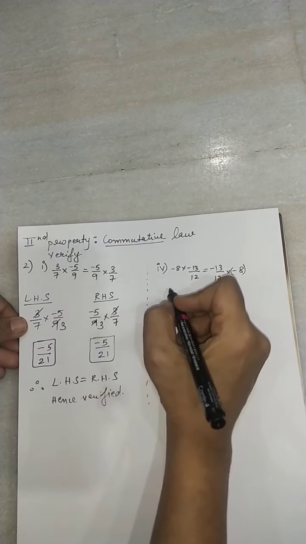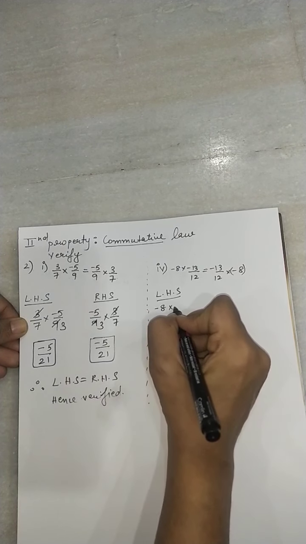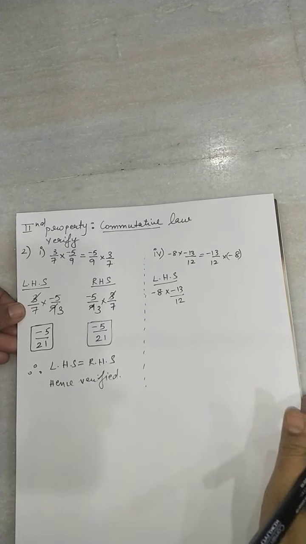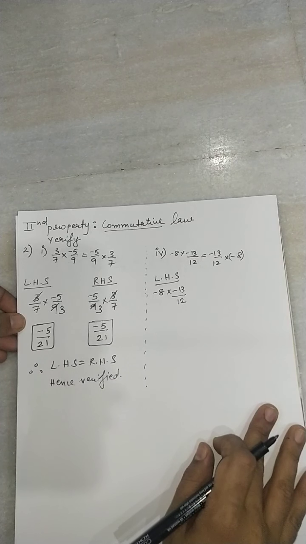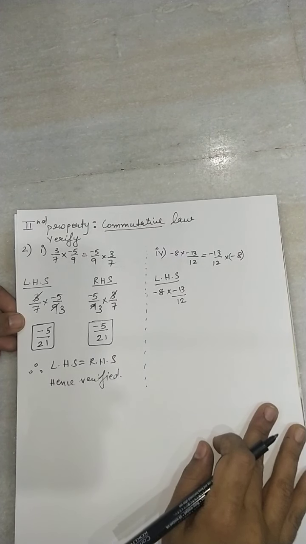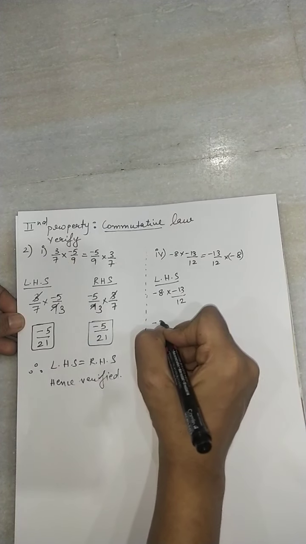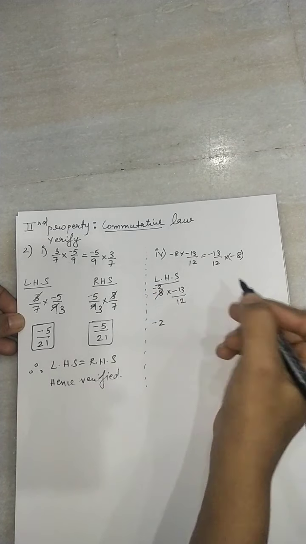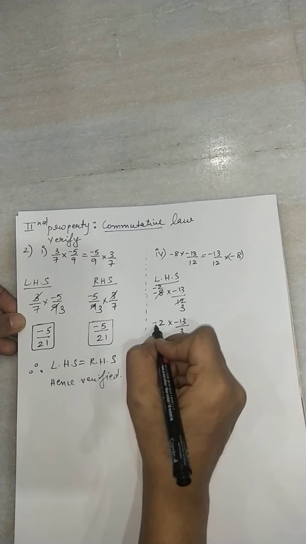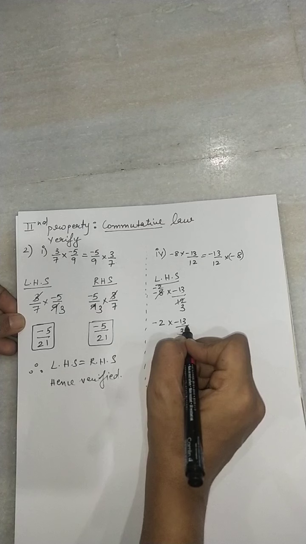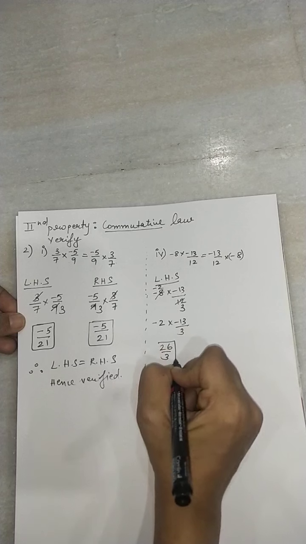Okay, here also first of all LHS I'll mention. I'll write the LHS quotient into -13/12. This is your quotient. Okay, now if I see the common divisor for 8 and 12, that is HCF, highest common factor, I can tell that it is 4, right? So 4 into -2 and 4 3s are 12. So now what is left out? Into 3. Now minus 2 into 13 is 26. Okay, so 26/3 is your LHS.